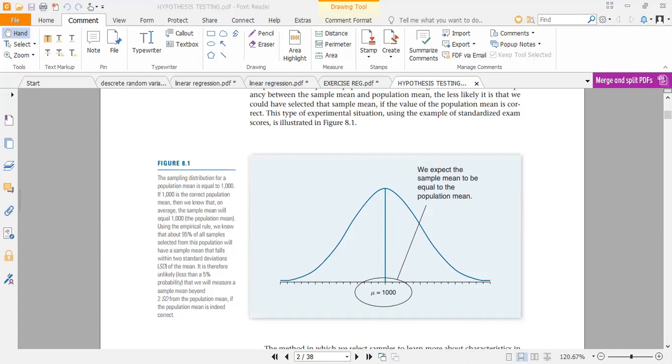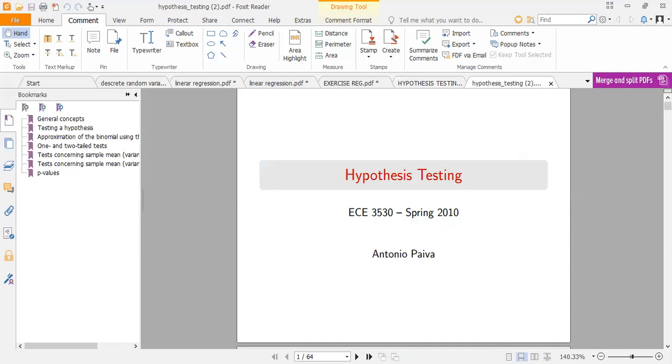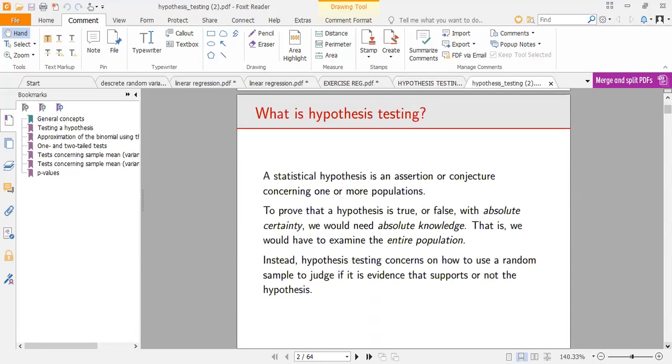So I'm going to simplify this with a few definitions. I'll send you the notes on the group afterwards so that you're able to follow at your own time. So what is hypothesis testing? Hypothesis testing is simply